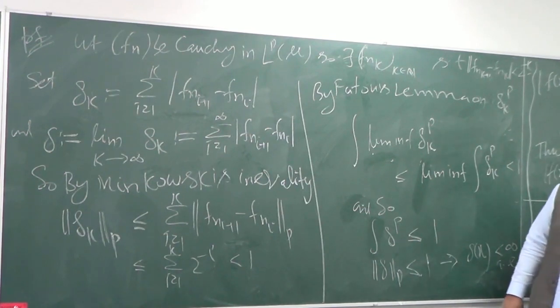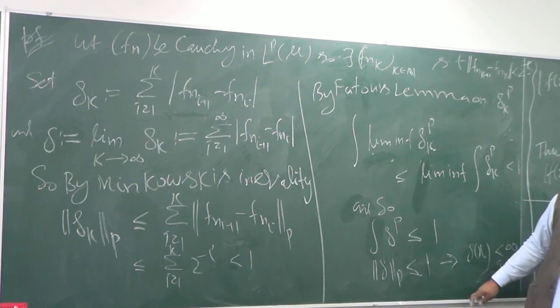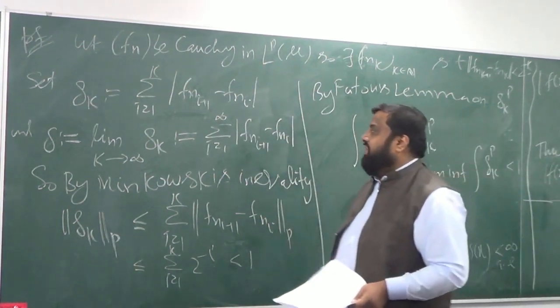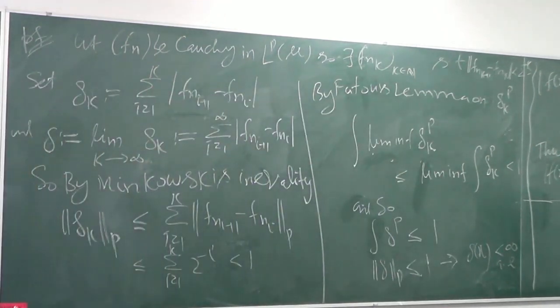Now here is the thing. What is G? It's a limit of the partial sums, and hence it's actually a series. So what you are saying is that this series is finite almost everywhere. What does this mean? That this series converges, at least absolutely, almost everywhere. The series converges almost everywhere. That's what it shows. So this thing must be